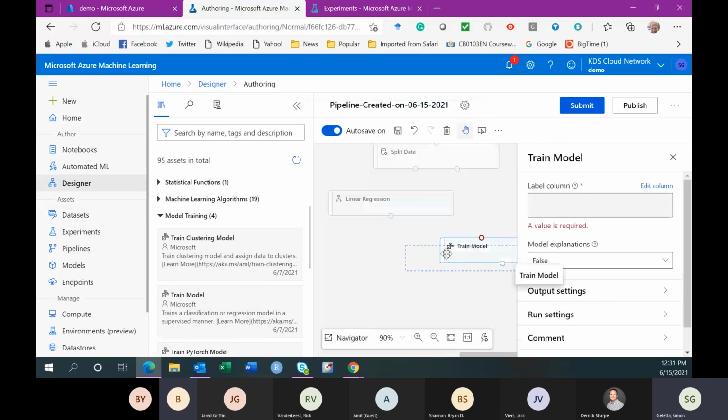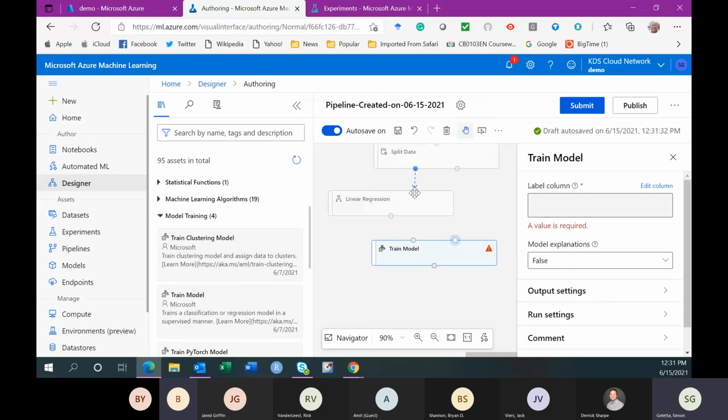And here I will get my data from this training set. On this port I said that the training set would be here. I'll tie that to the left-hand side of the training model.